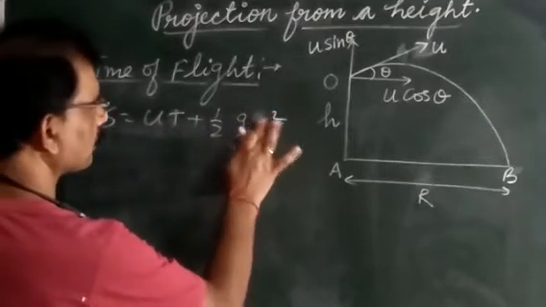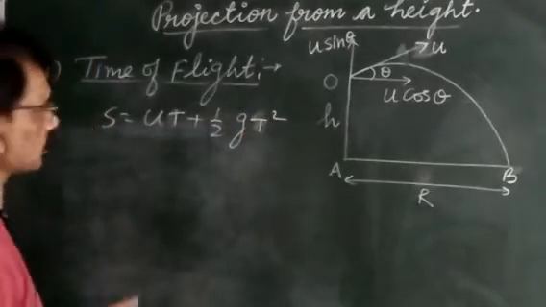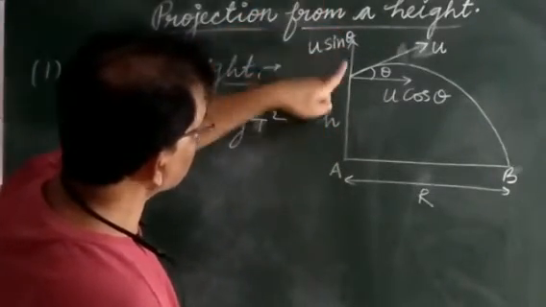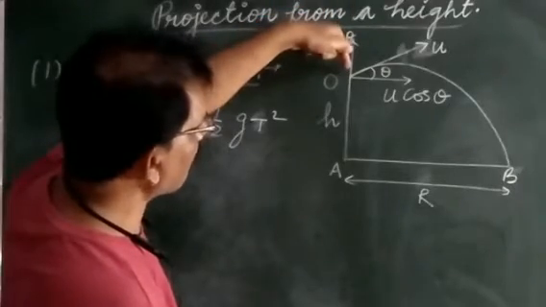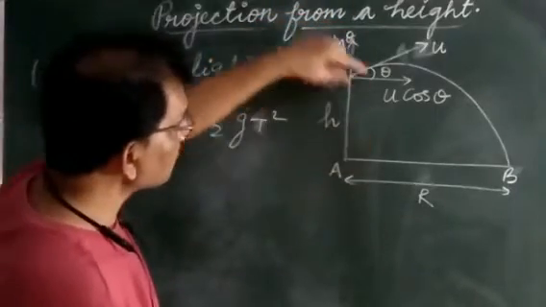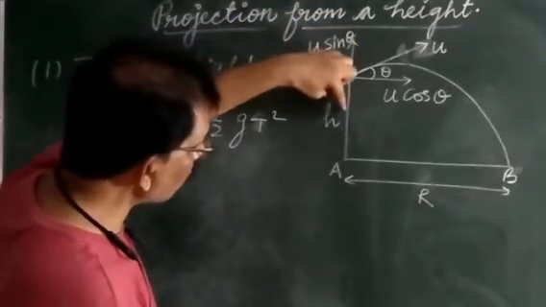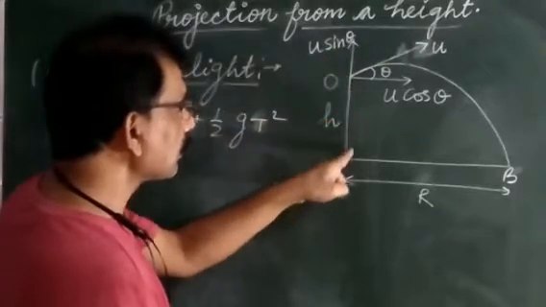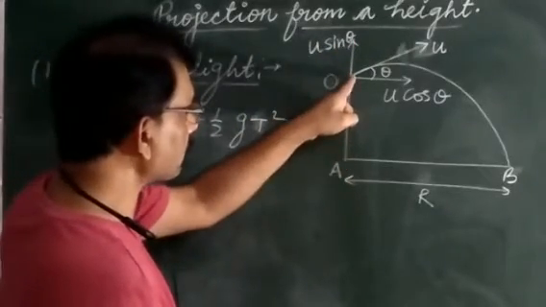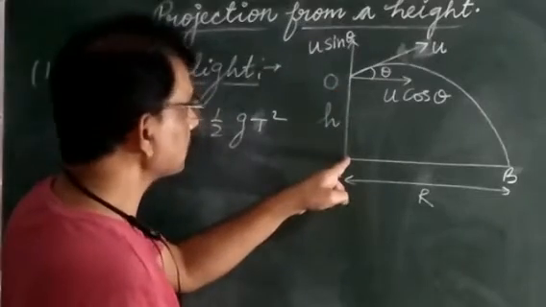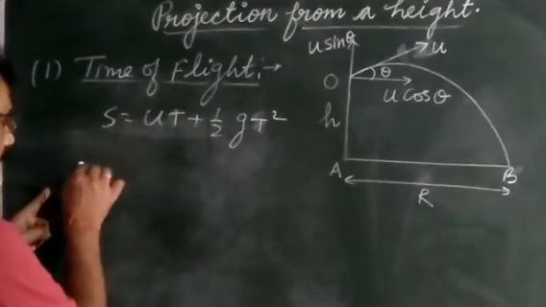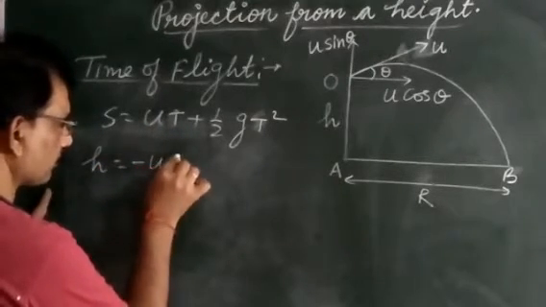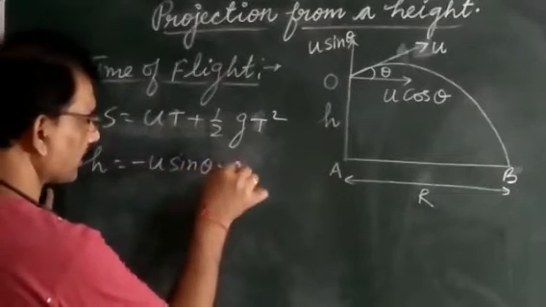For finding the time of flight, when you consider this vertical velocity u sin theta upward, but your aim is to find the time taken by the body to reach the ground, you take this u sin theta in the downward direction, so in place of u you will write minus u sin theta. And with this minus u sin theta, when the body covers a height h, you will write h is equal to, in place of u, minus u sin theta into t,